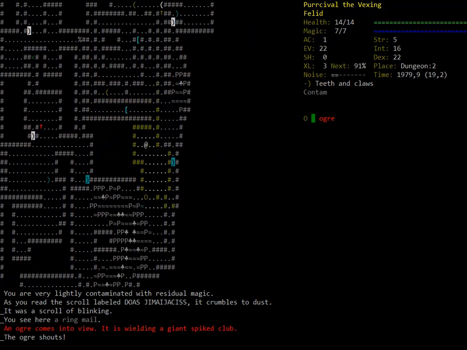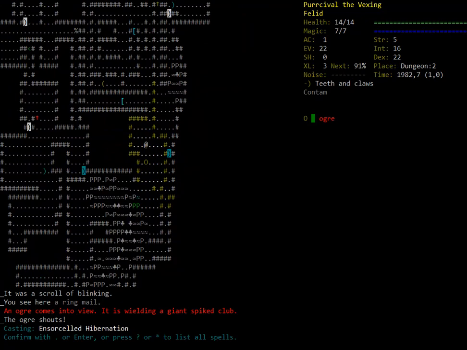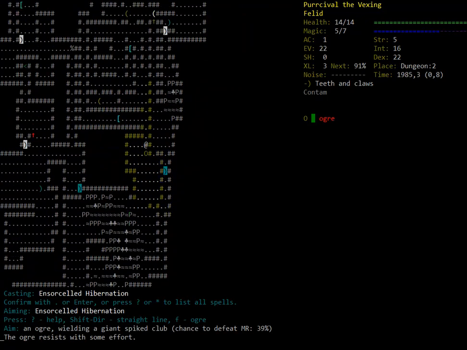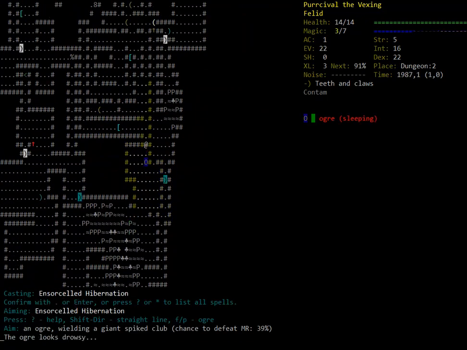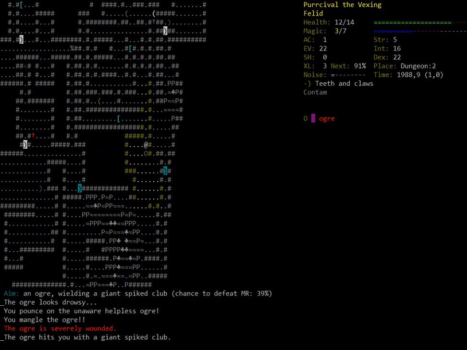An ogre on level 2. Okay, I have not seen... Well, maybe I have seen an ogre on level 2 at some point, but that thing can easily one-shot me. No problem whatsoever. It's kind of slow, but I'm not going to one-shot it. And I think it will attack me back. This is probably very stupid, and I'm going to die. It is severely wounded, and it